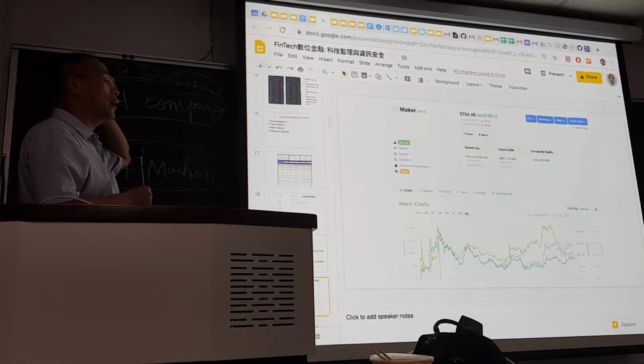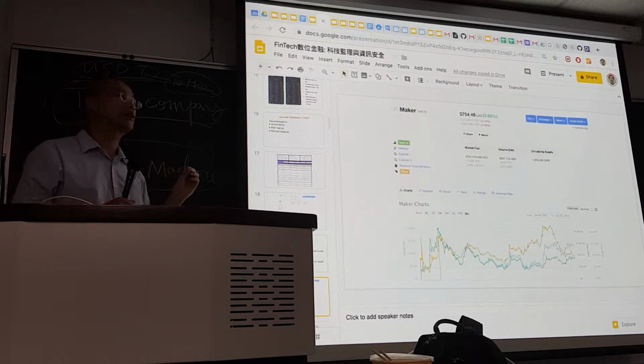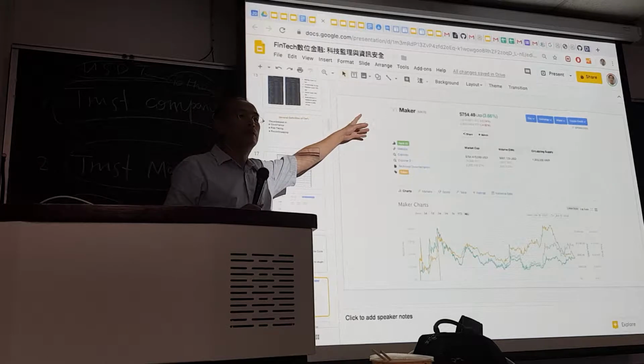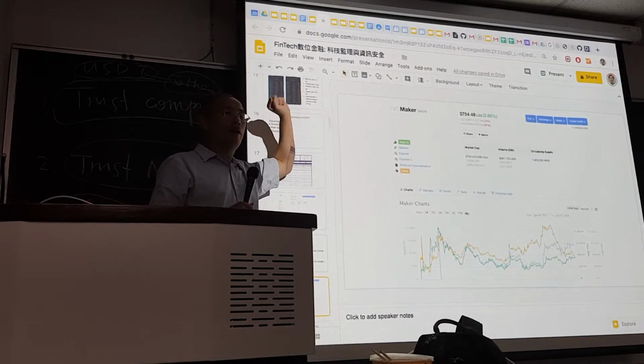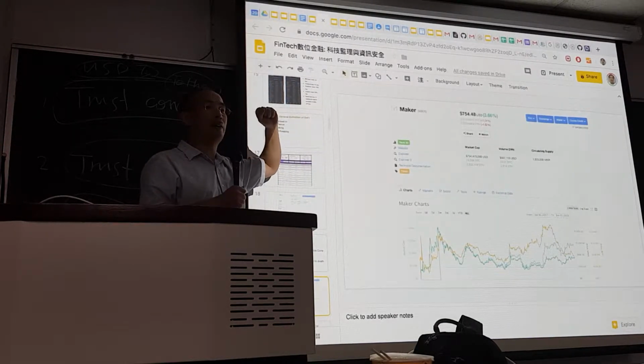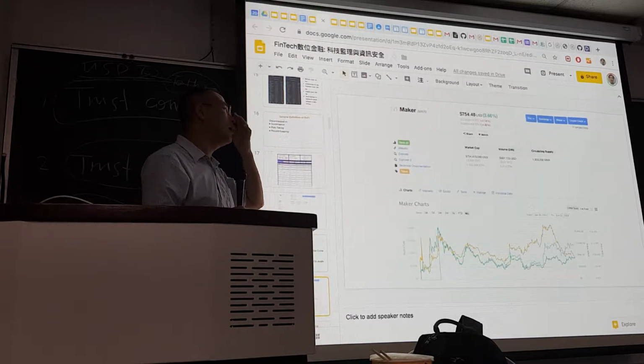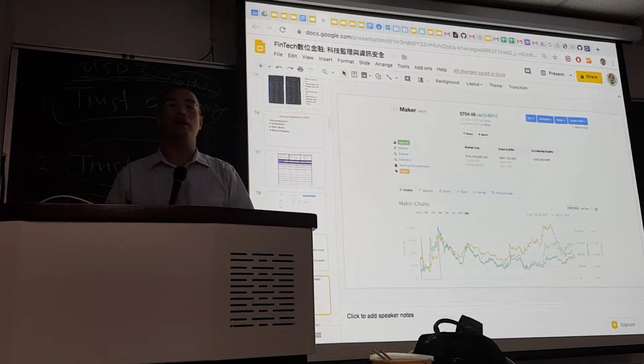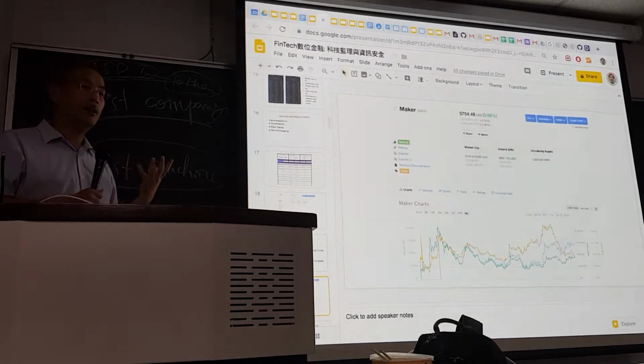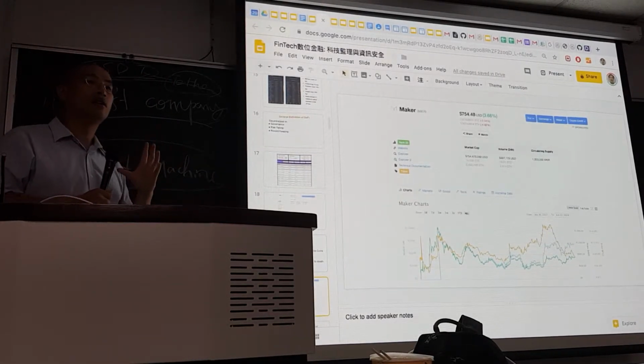Let me quickly explain how DeFi works. After talking about DAI, DAI is a stablecoin, right? People remember now, right? One-to-one. Okay, Maker